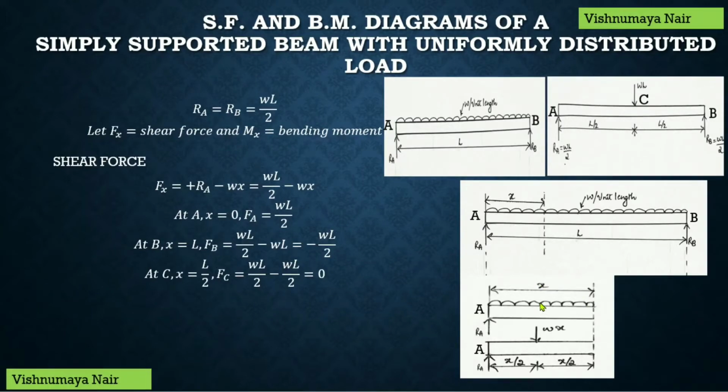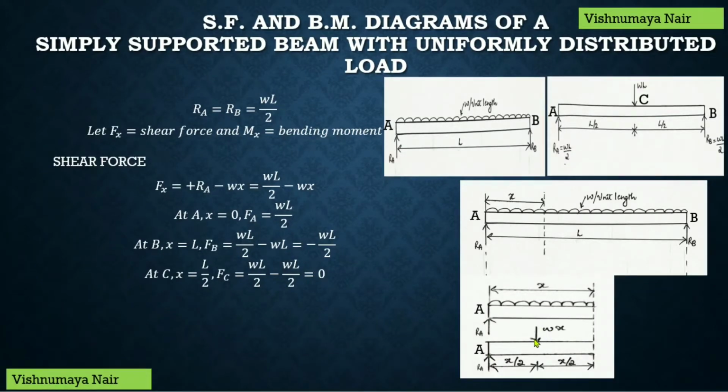We know that for solving the numerical problems, we have to convert the UDL into a point load whose value will be equal to the product of the rate of loading and the distance over which the UDL acts. So this point load will be equal to W into x and it will be acting at the center of the UDL. So here the center of the UDL means at a distance of x by 2 from both the ends. So we have a reaction force RA acting in the upward direction and a point load Wx acting in